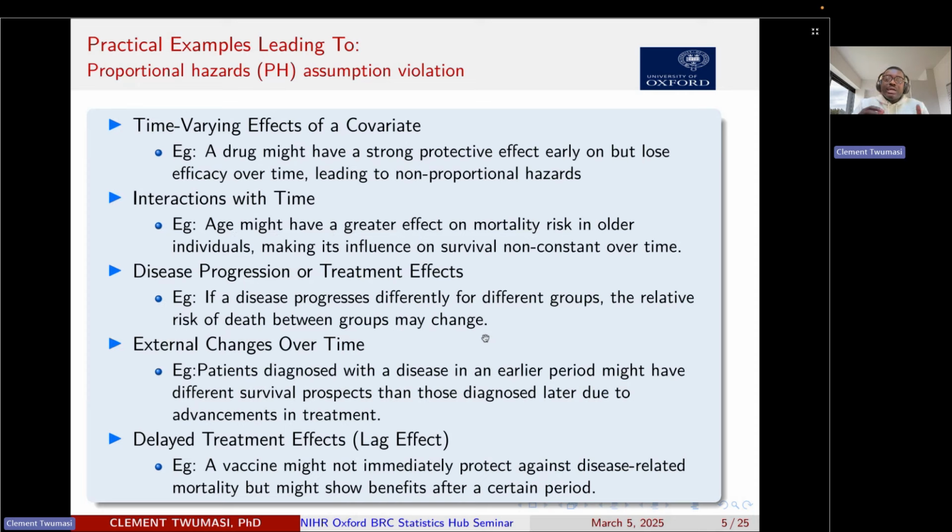So where the risk of mortality differs between older and younger populations, having a variable on age is likely not to achieve the constant hazard assumption. And in situations where you are interested in disease progression, and the disease progresses differently between different groups, these are just a few examples to know in advance whether some covariates are likely not to achieve the